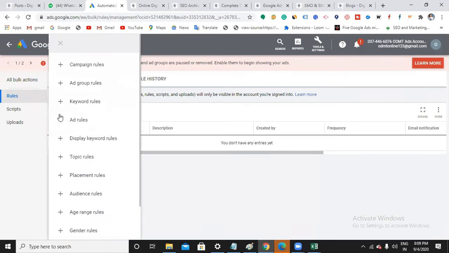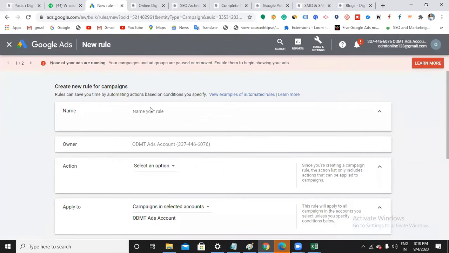Let's say I will check campaign rules. So I am giving the rules for a campaign. Name your campaign, I'll just call it campaign rule. Then the owner, obviously it is the ID.